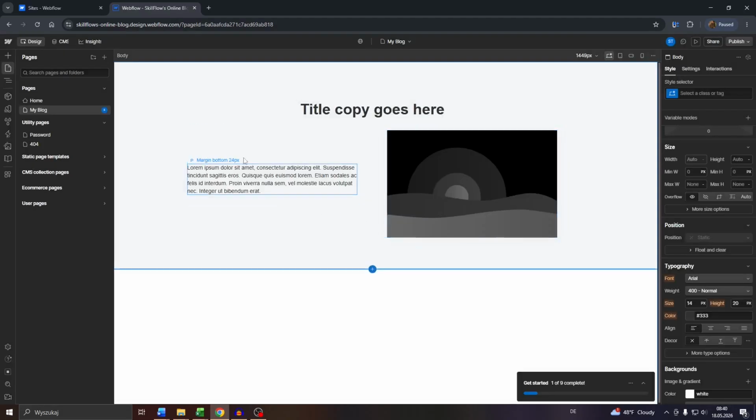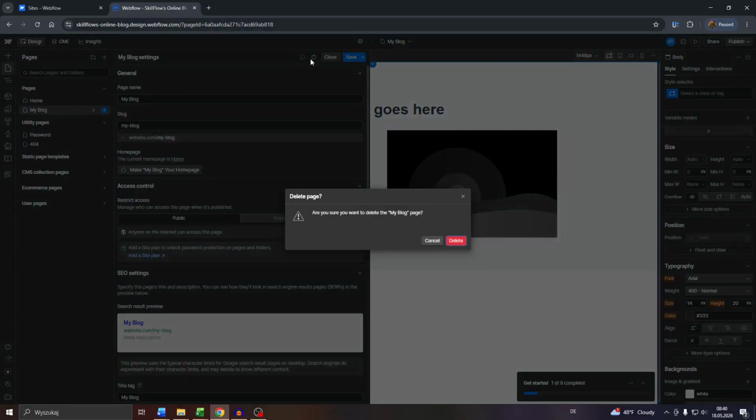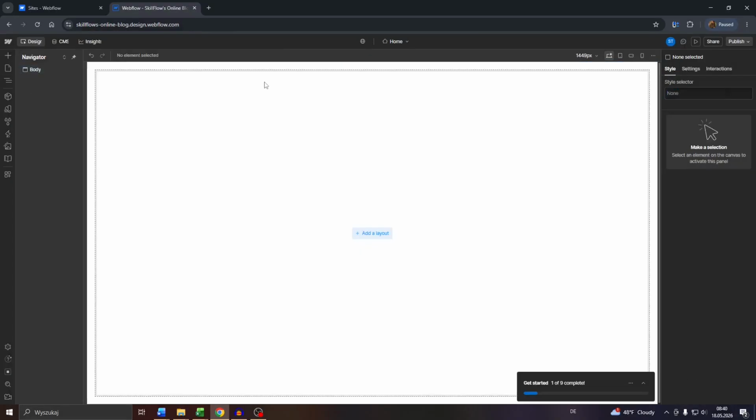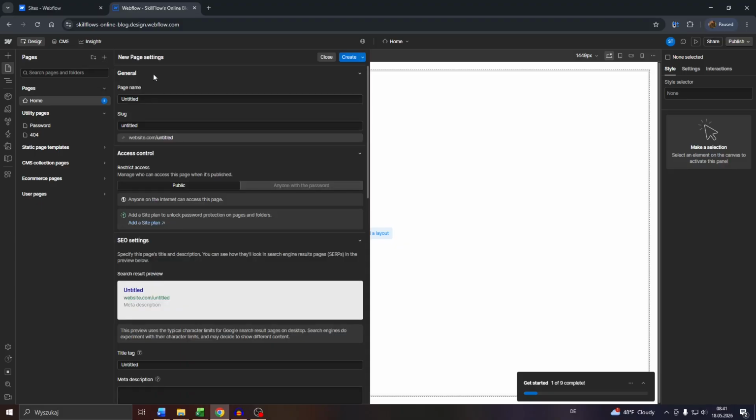As you can see, I can't do this with my account status, so I will need to remove that one first. And now let me show you the process again. So click into these pages, click into that plus button, select create page, and now go through these new page